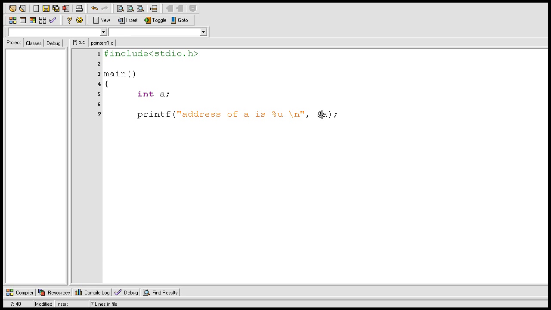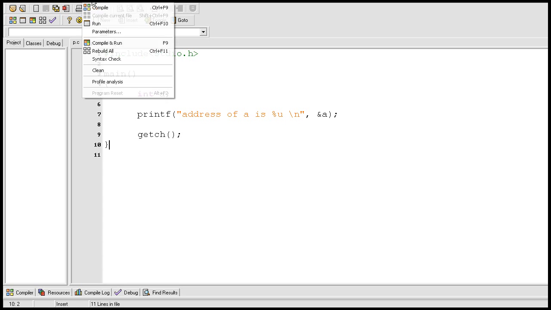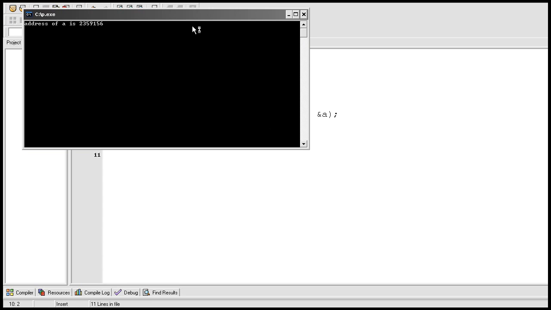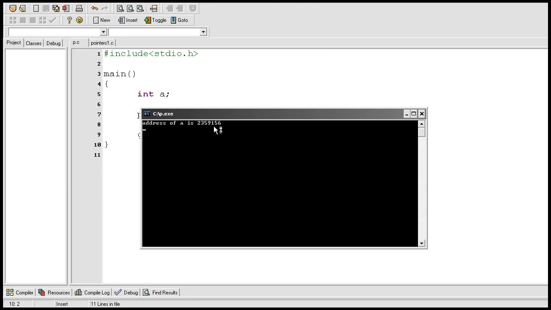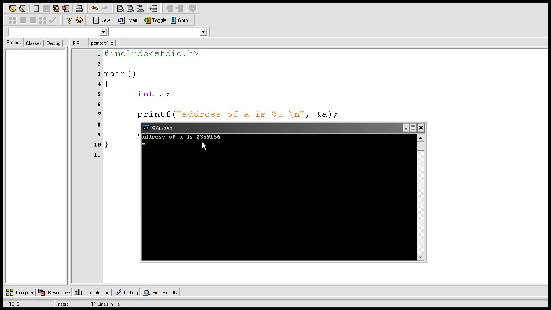This is the ampersand sign, and in C language it means address of. So this whole thing means address of a, and this printf statement will print the address of a. Now I am going to compile and run this program. So this is the address of the memory location which is allocated to this variable a,